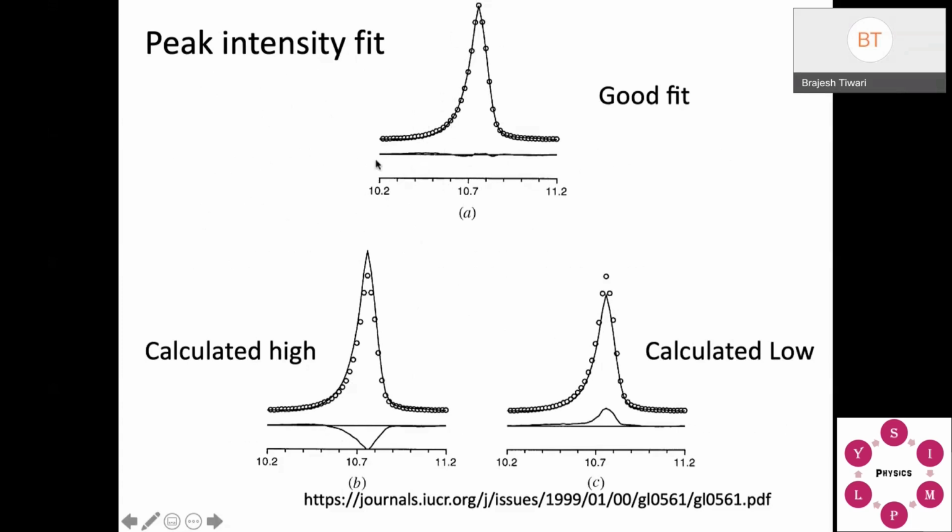If the line is very flat, or there is no difference between the calculated and your actual data, the difference will be minimum. So that will be called a good fit. That is the best way to see whether your fitting is very nice or not.